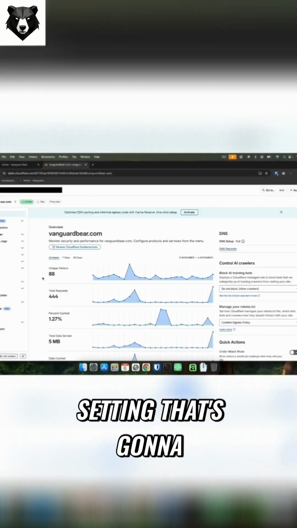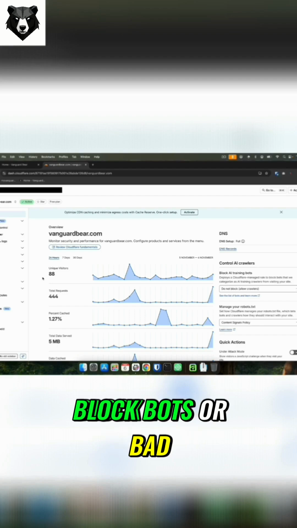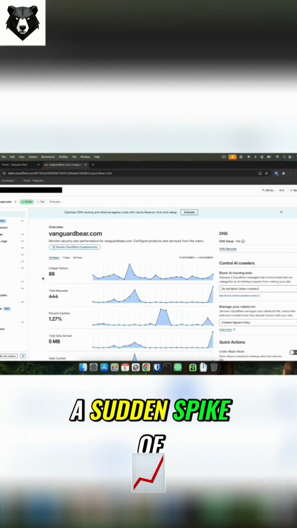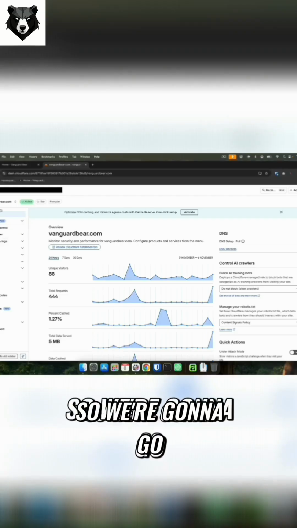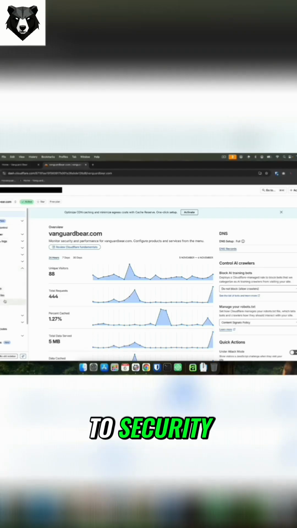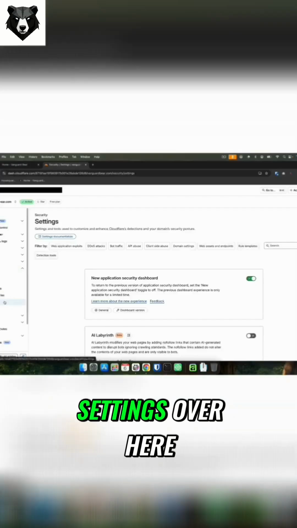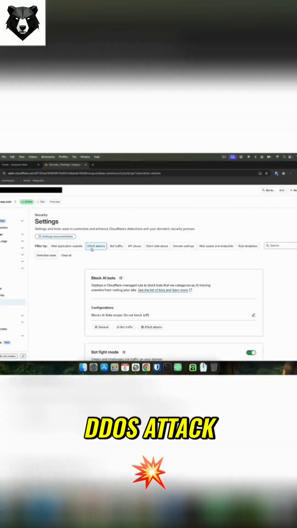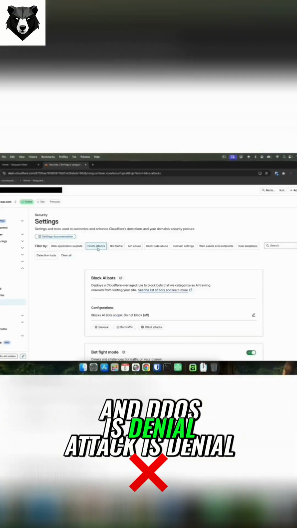So let's get on with what I want to show you, which is how you can turn on a setting that's going to block bots of bad traffic if you're under attack, if you receive a sudden spike of bad traffic. We're going to select the domain and go to security. We're going to go to settings, and you're going to select DDoS attack, and DDoS attack is denial